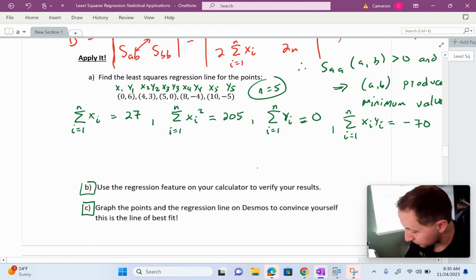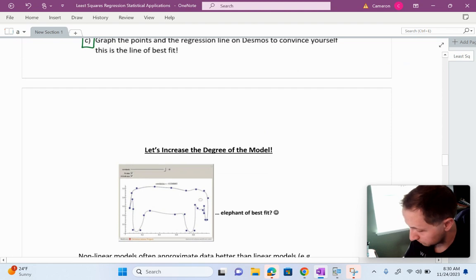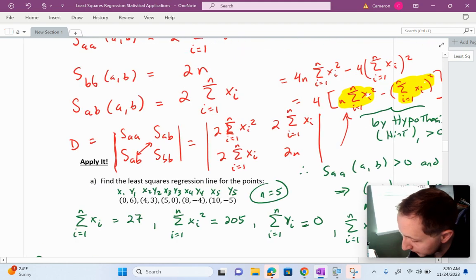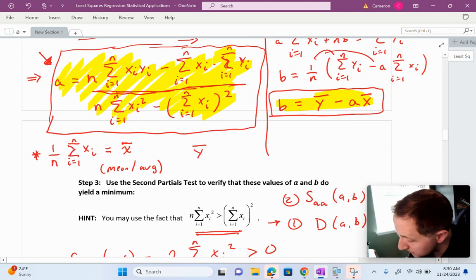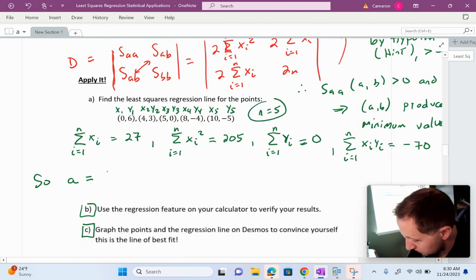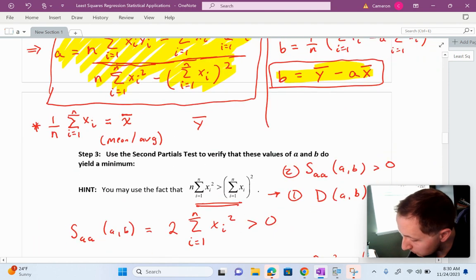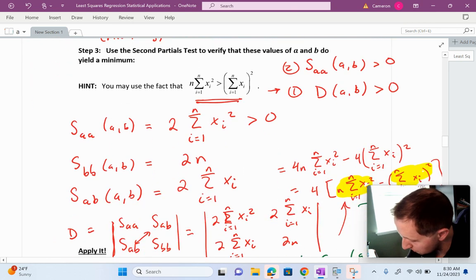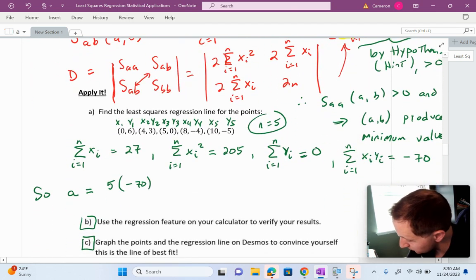Okay, so now, remember, we have to calculate a, and then we're going to calculate b. So using my formula that I highlighted on the previous page for our estimate for the slope, if we look back, our formula was we need n times the sum of products, so 5 times negative 70, minus the product of the individual sums, so minus 27 times 0,